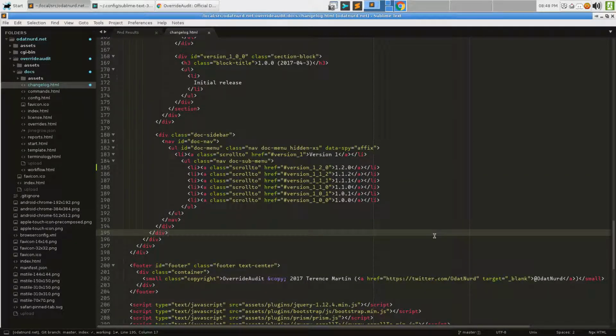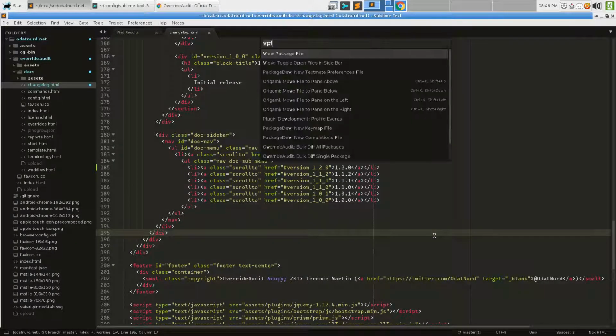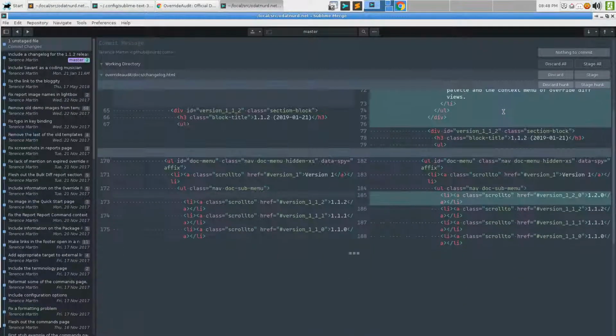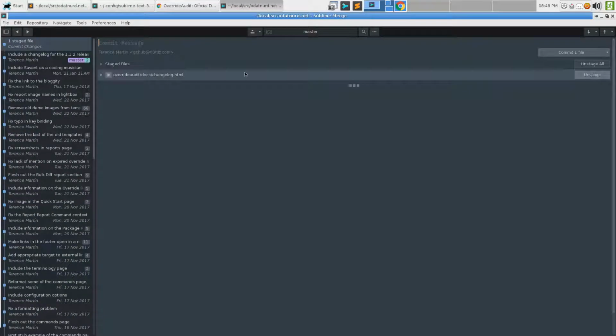And here I might, whoops, open that repository and stage that and say include a changelog for the 1.2.0 release. I should also point out that you didn't see me doing any testing for this, but I spent